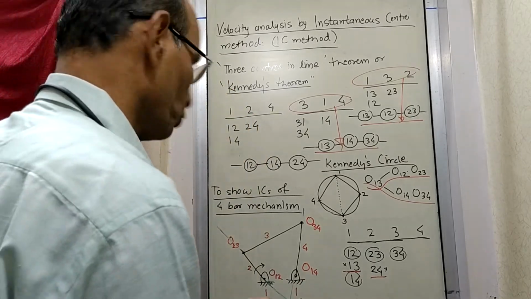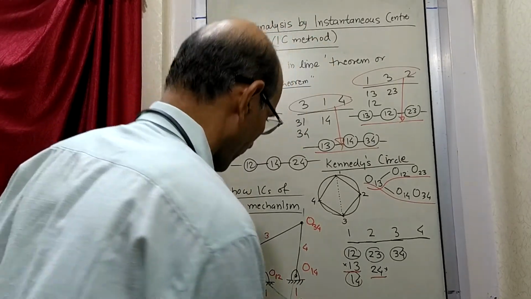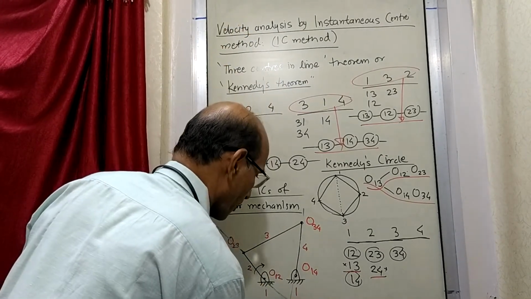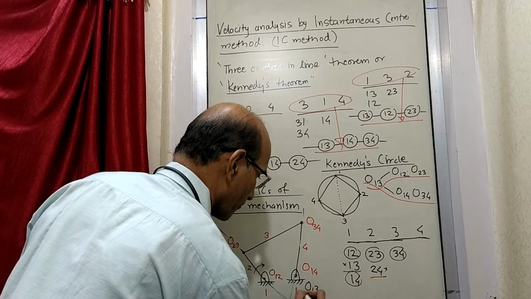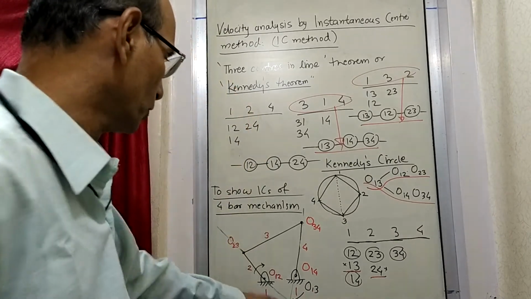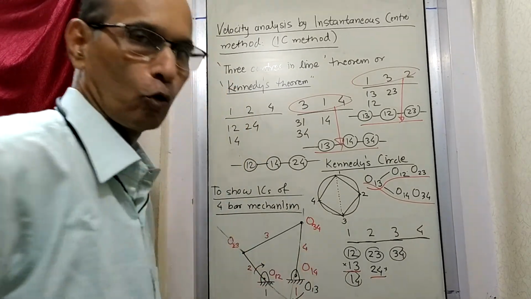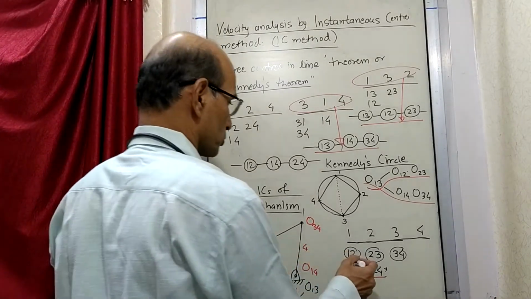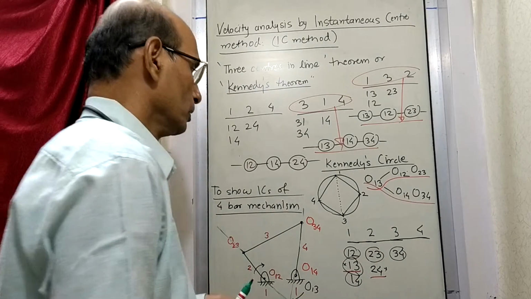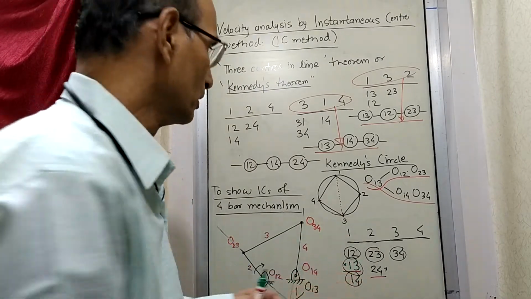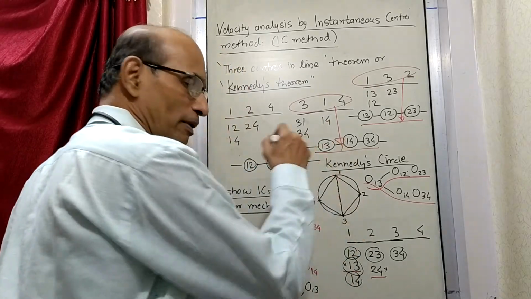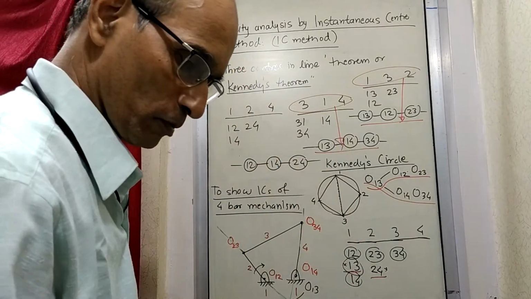So whatever point you were not knowing, you may not be seeing here. Here you will get it when you join this, you will get O13 there. So we obtain O13 also. And once you obtain this point, you make this dark, because now you know where O13 is. So this road is available. If you want, you can make use of that road now.